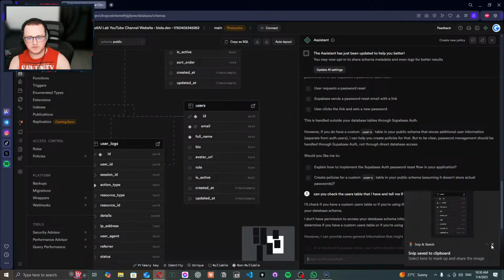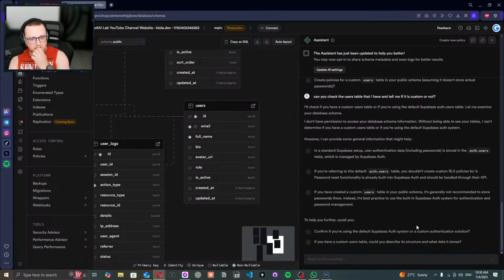Does it work? No, it does not. Well, this sucks. In a standard Supabase setup, user authentication data, including password, is stored in the